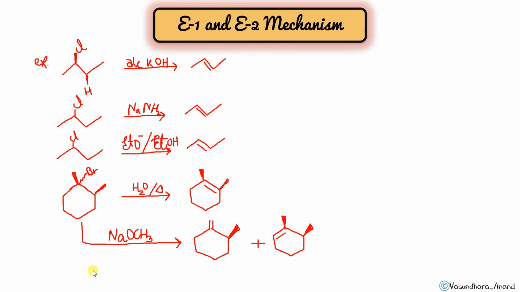Chaliye, another reaction is there and you have to decide whether it is E1 or E2. So in this case, these are the examples, all are examples. So let me write with all the examples only. This is also an example. Okay, so in this case, if you see, this is alcoholic KOH. What does alcoholic KOH mean? This one is strong base. How can you tell me?